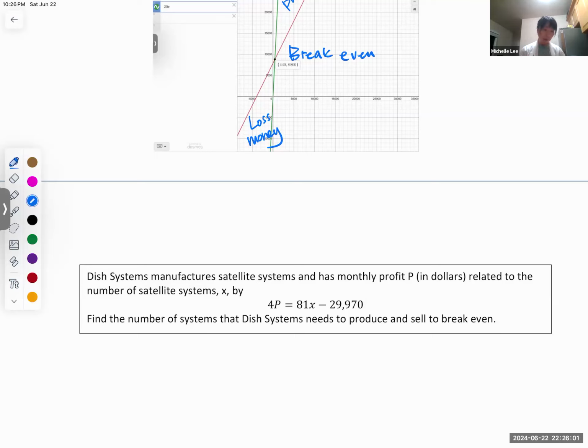Find the number of systems that DC Systems needs to produce and sell to break even. So break even, we have total cost equal to total revenue, right? So there is no losing money, there is no profit either, right? So neither losing money,